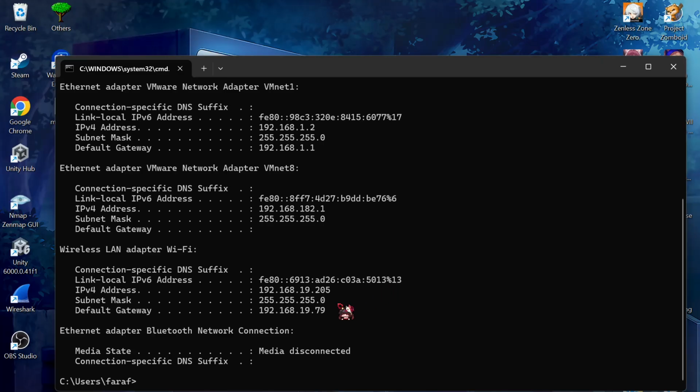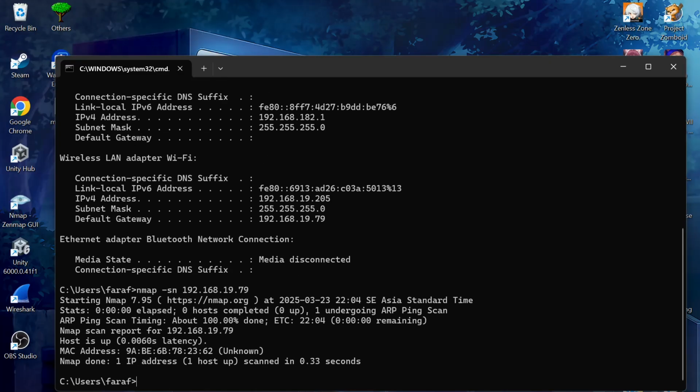Next step, to check if a host is active in the network, we can type nmap -sn, then type the default gateway, 192.168.19.79. Sorry, 19.79. Enter.